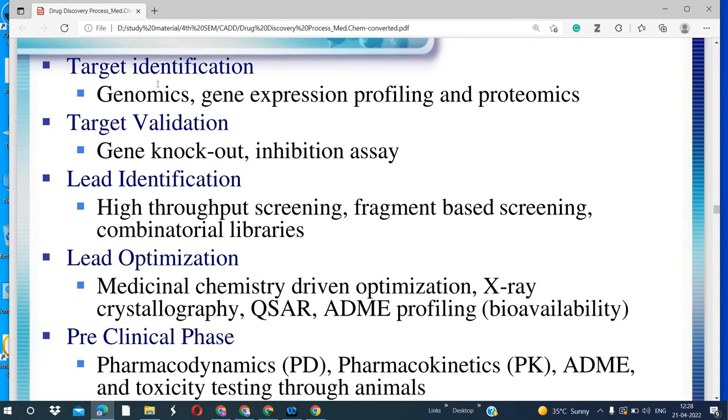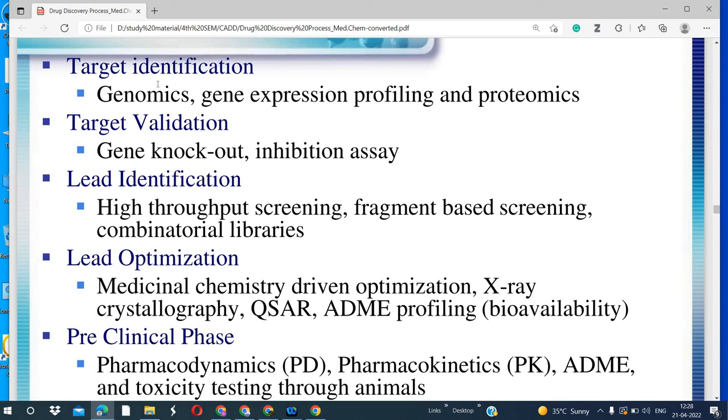Okay, so knockout means we are eradicating, we are taking out one gene. Then we are analyzing the effect, and then the inhibition assay. We are doing the inhibition also, to see which gene is responsible and which protein is responsible. In the lead identification,